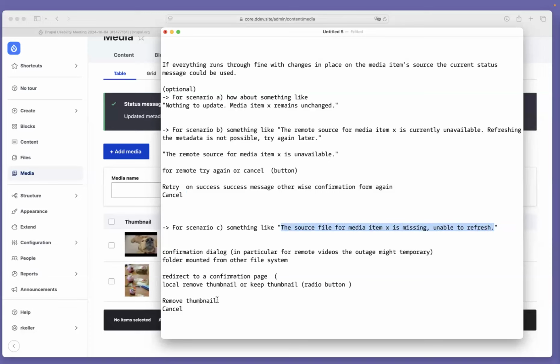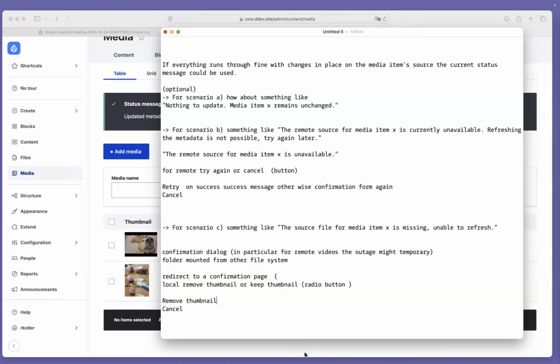Do we need a status message at all for remove thumbnail? I don't think so. And for cancel, neither, probably, because here it is sort of clear what will happen. Well, I think the same comment as before applies, that the only time we need a confirmation message is when someone accidentally submits the confirmation form.